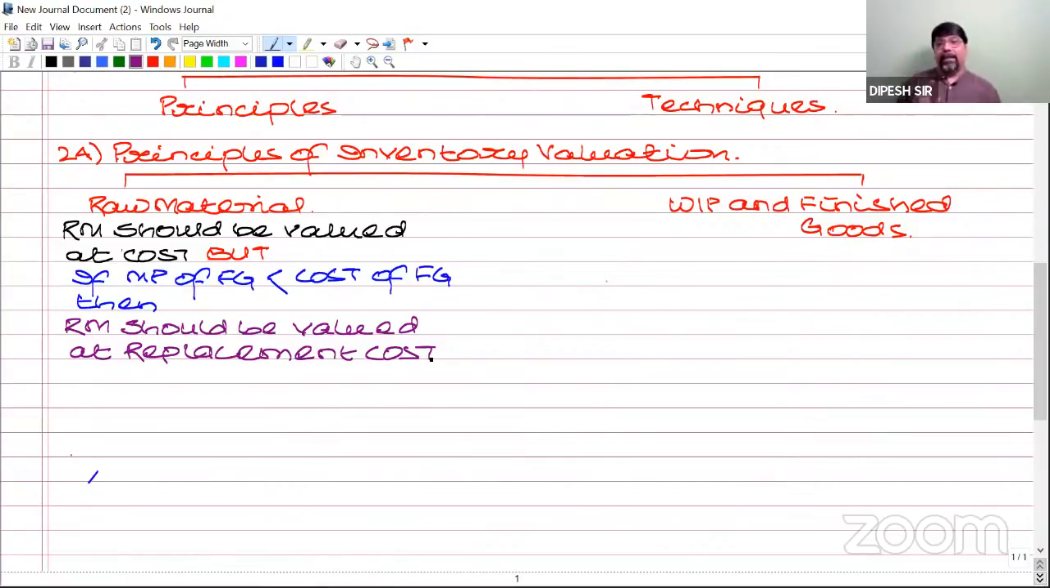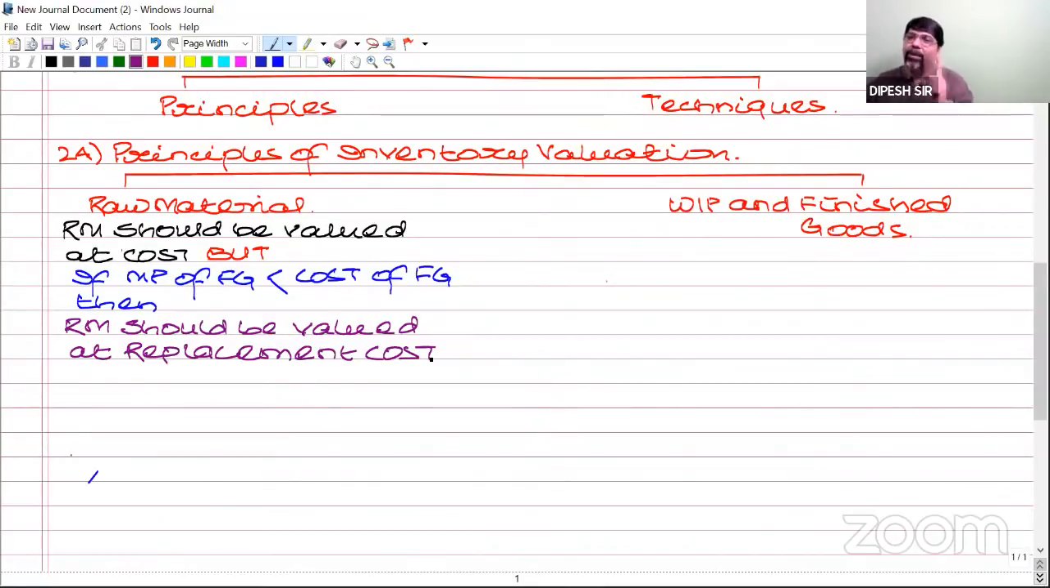Sir, but what is replacement cost? Now understand. Closing stock should be valued at cost price or market price, whichever is lower. What does market price mean? Is the price of buying the goods the market price, or the price of selling the goods? Sir, both? No. For finished goods, do we buy or sell finished goods? Sir, sell. That means when I say stock should be valued at cost price or market price, whichever is lower,